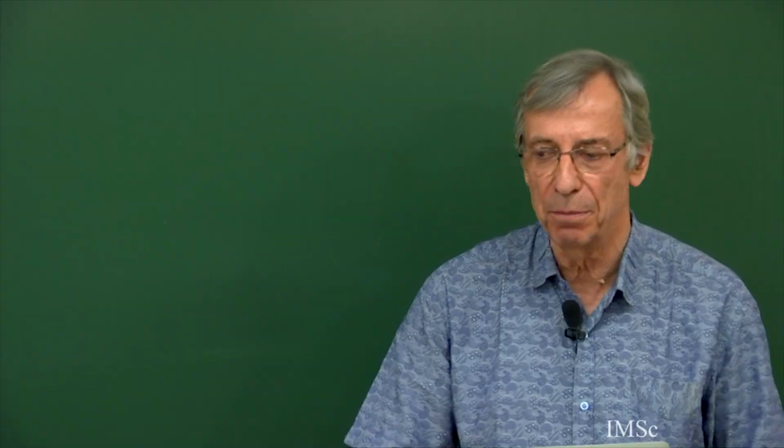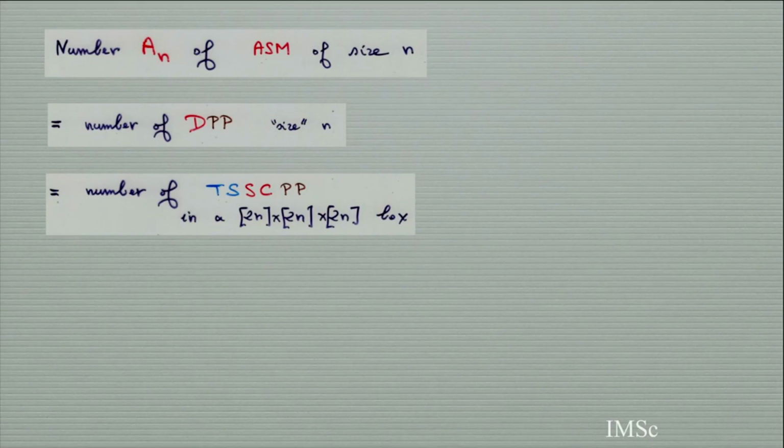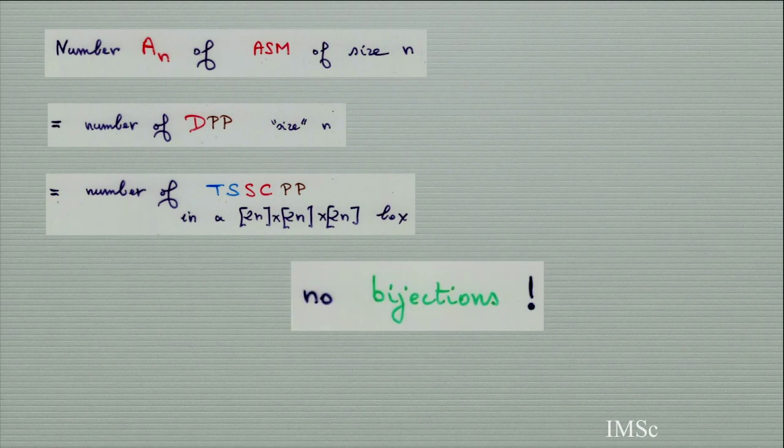And then the second proof, given by Kuperberg, the ICE model. He used a connection with the 6-vertex model, used the physics solution. This was a 10-page proof, but you have to go through the parameters, root of unity, etc. So I will skip this. So we have 3 things: the number of Alternating-Sign matrices, the number of descending plane partitions, the number of totally symmetric self-complementary plane partitions. These 3 things are the same number, and there is no bijection between any of these 3.